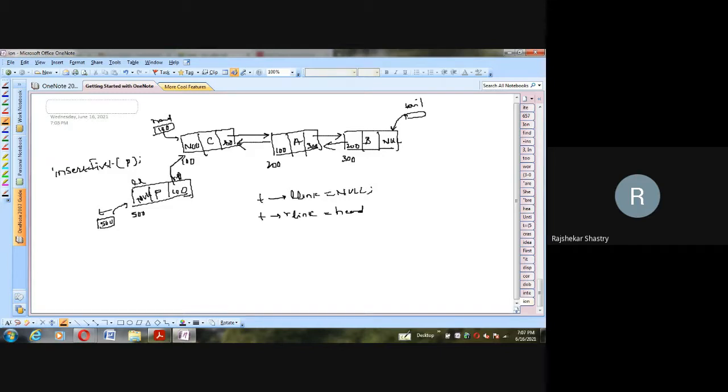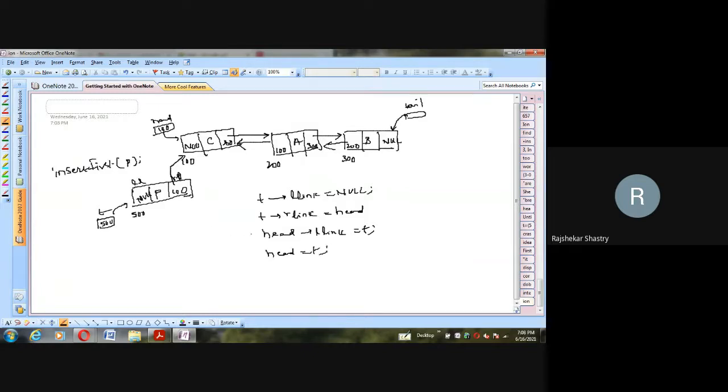So there are two pointers pointing to the first node. Now, this is no longer the first node; the newly created one will become your first node. So we have to move the head to the new first node. But before that, this left link, which is right now null, should hold T. Head is still pointing to the same first node, so head arrow left link should hold the new first node, which is T. And then finally head is equal to T. Finally, move the head to the first one.